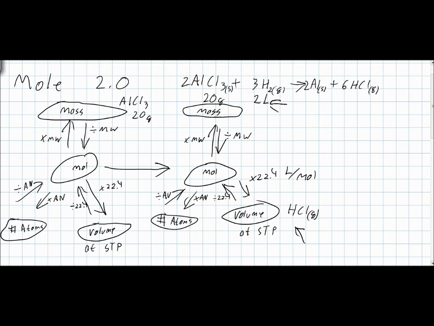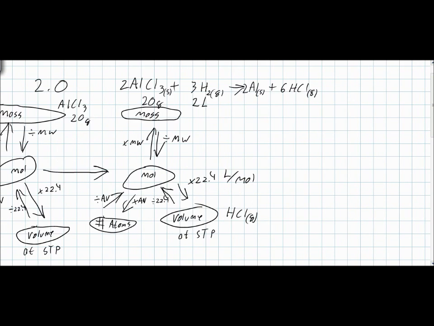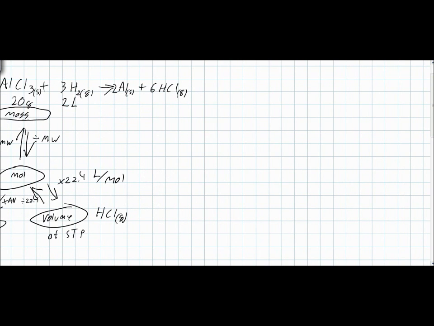Now, if the number is greater than the 2 liters, that means that I have aluminum chloride in excess. If this number is less than the 2 liters of hydrogen, that means that hydrogen is my excess and aluminum chloride is my limiting reagent. So we're going to start by doing 20 grams of aluminum chloride,